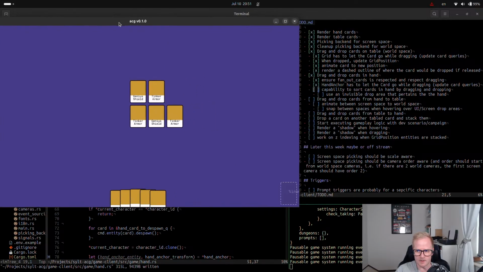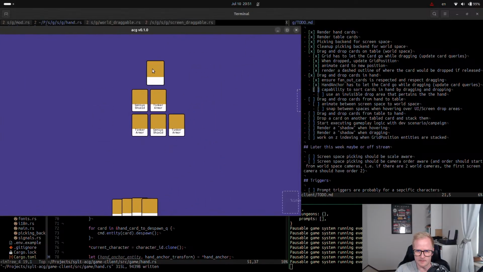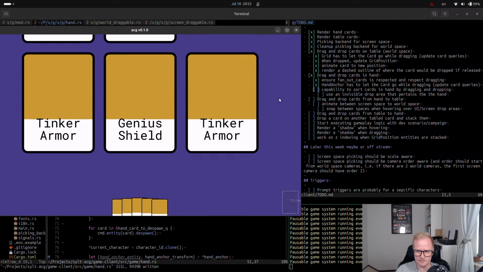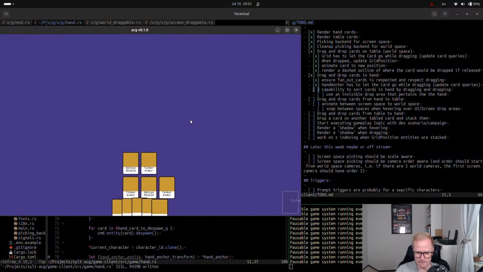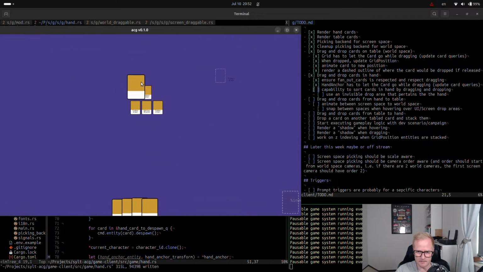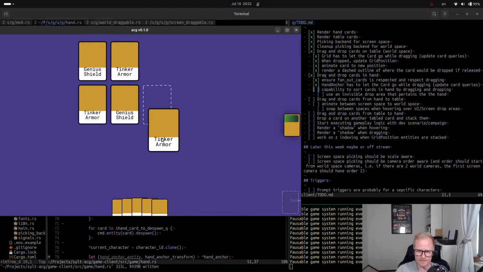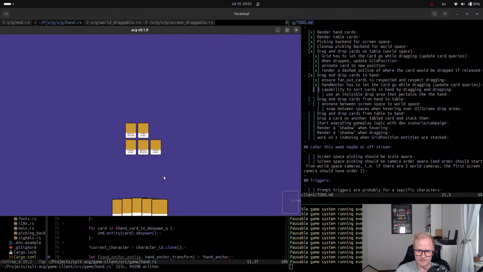So I'm currently working on dragging cards from hand. And eventually be able to play them on the table. So earlier I implemented drag and drop for